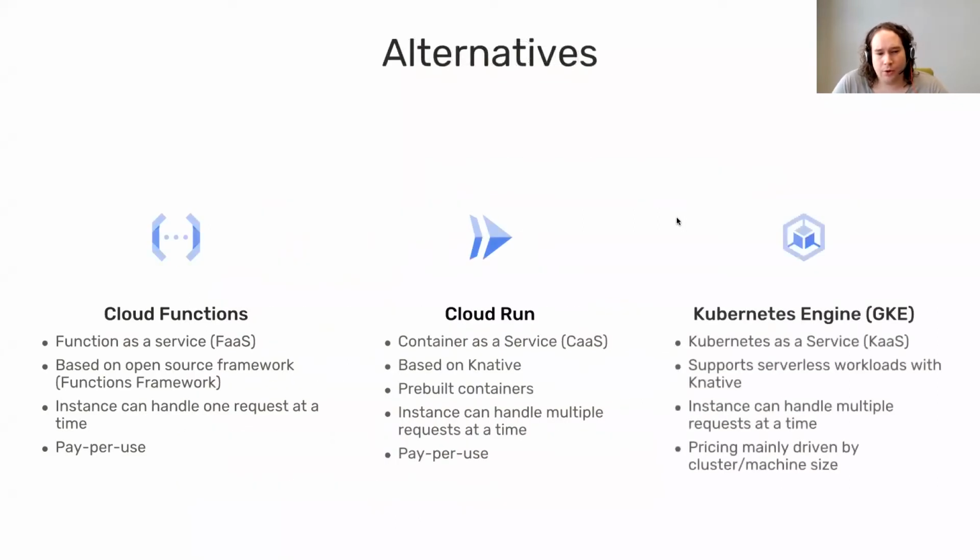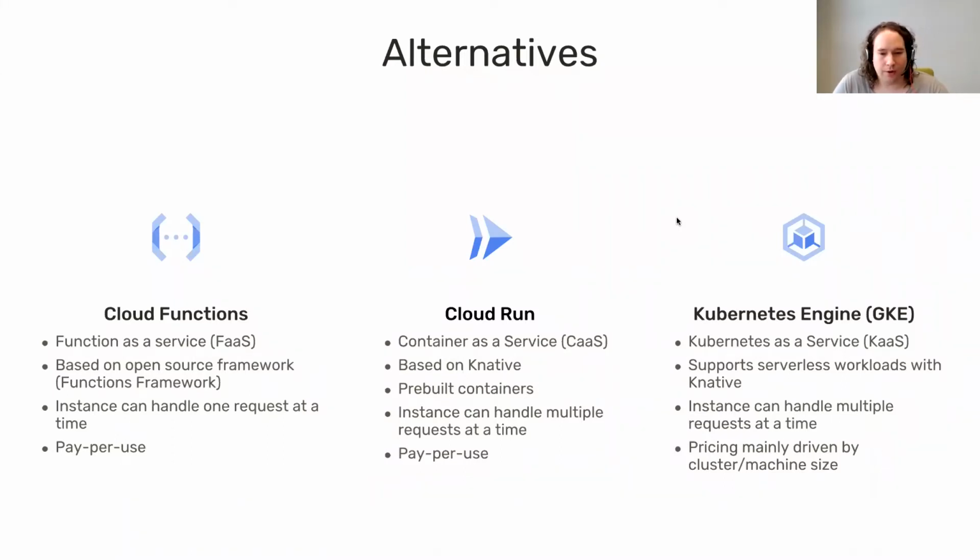If you look at the Google Cloud, you have two main alternatives, I would say. Of course, if you consider virtual machines, you have a lot more, but the main alternatives are Cloud Functions, which is what I traditionally think of as serverless, which is functions as a service. You just have a single function that can be called. It's based on an open source framework, but in the end, it's still limited to basically the Google Cloud. At least it's a Google framework, so it's not really that portable, I would say,